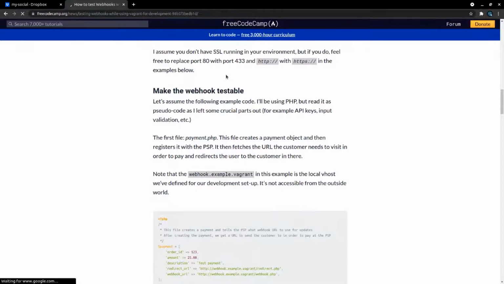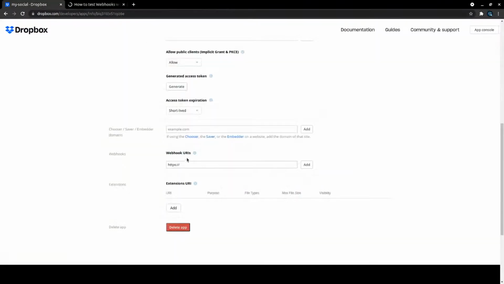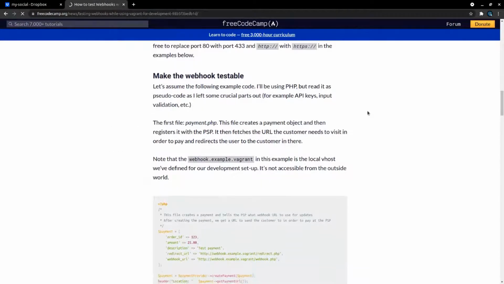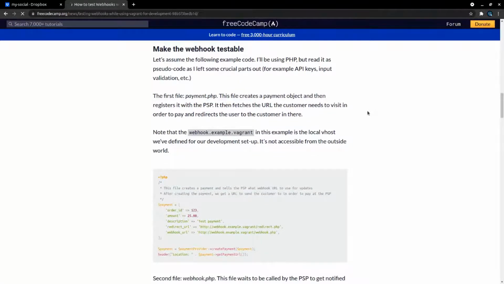I couldn't really use Postman because that doesn't solve the problem. The problem that I'm having is that Dropbox is basically going to let me know when a folder has updated via a webhook, but it can't find my computer unless I do some fancy port stuff. I think I have to do weird IP forwarding stuff because the router's got its own IP address, and then I need to say when you get something from the web, forward it to my computer, and I just don't want to go down that path. So I'm thinking it might actually be easier to push to production and then play around with it from there.